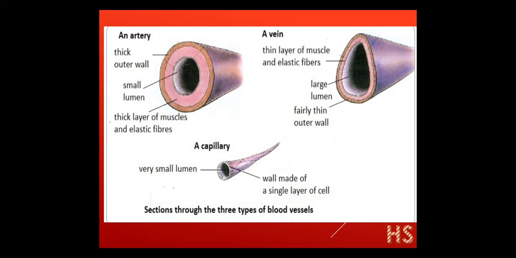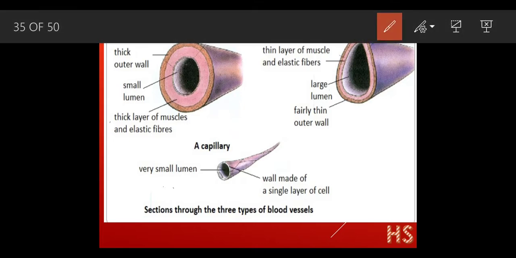Now these are the different types of structure, and this is very important, because these structures always come in your exam. Now we can see out here, first we are going to discuss the artery. The arteries' walls are quite thick. We can see out here the outer wall is quite thick. Why does it have to be thick? Because it has to transport the blood to each and every part of the body, okay. So it has to be thick.